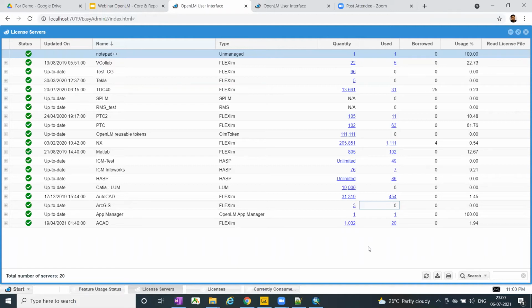So how will OpenLM help us? It will close that application. First of all, it will save the work, and then close that application. And once the user is back at his workstation after the break, and he unlocks his machine, he gets a pop-up message that he can resume the session. So if a license is available, again, it will be checked out and the user can start to work again.